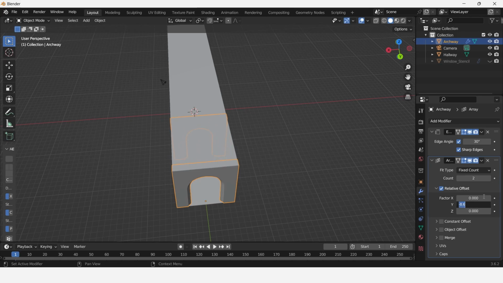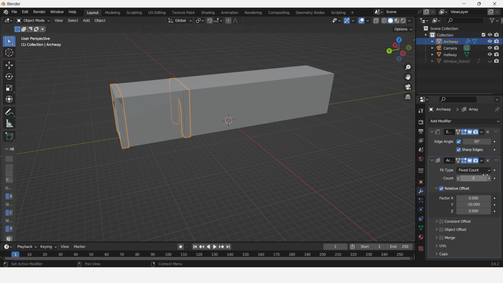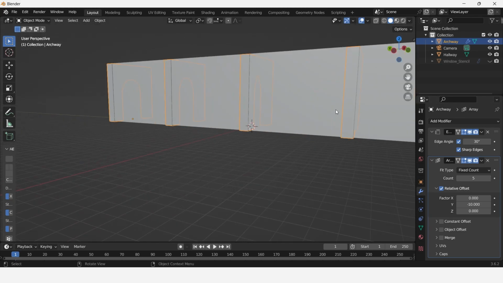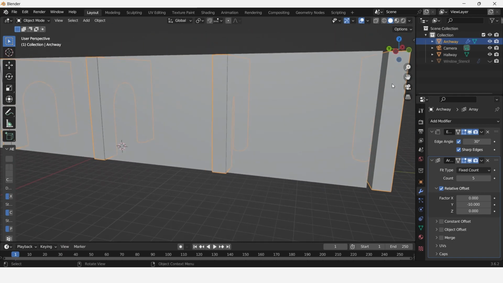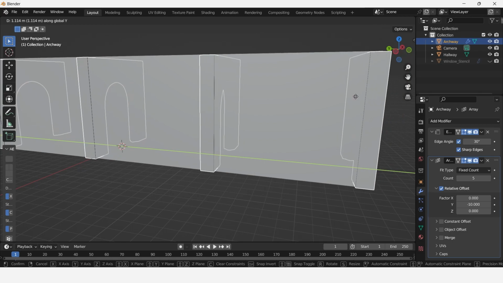I found typically a value of about 10, or in this case, -10 to send it back the opposite way, works quite well, because I want to array it about roughly 5 times. So I'm going to turn that count from 2 up to 5. And you can see here, it almost perfectly fits in. Well, perfect's a bit of a stretch, but let's just hit GY and move that along a little bit